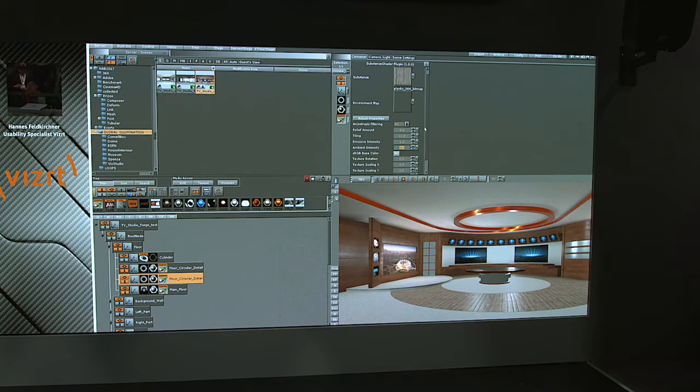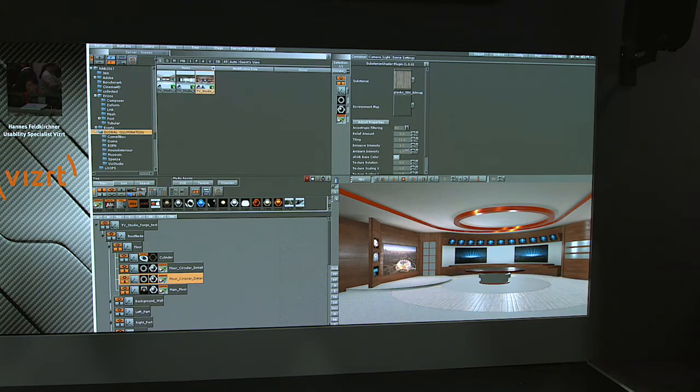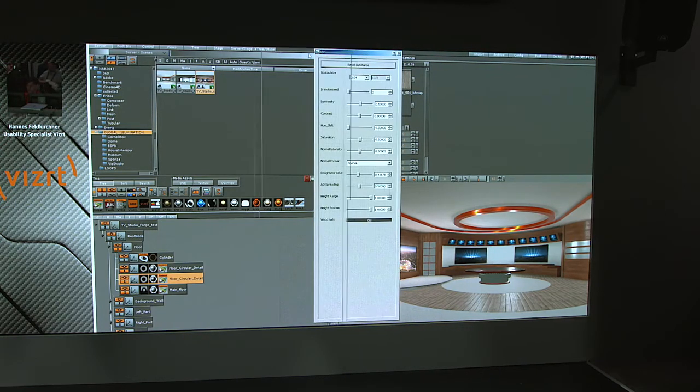If I click on my wooden floor surface, I see I have a few different settings. For the ambient intensity, I have my shader in here. I can change the tiling. All that goes dynamically, taking the lighting into consideration. But if I want to do a little bit more, I go to adjust the properties, and this opens the Allegorithmic Substance window,